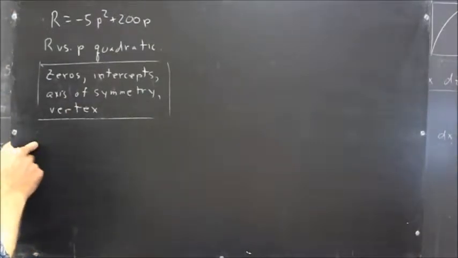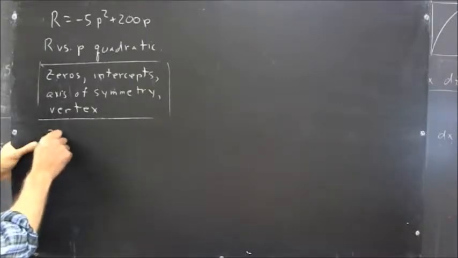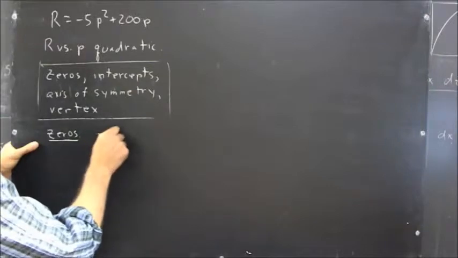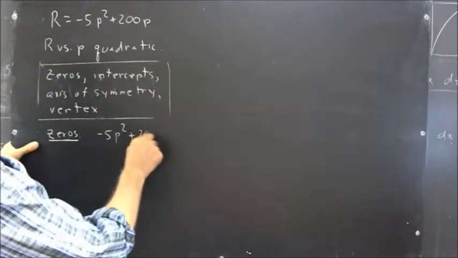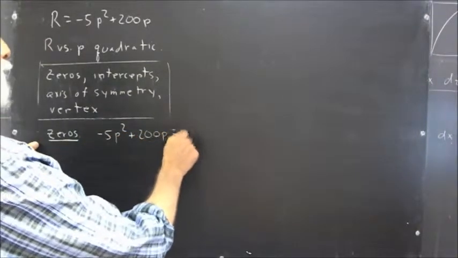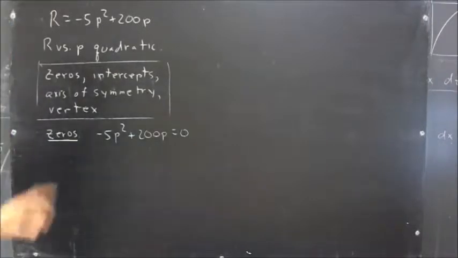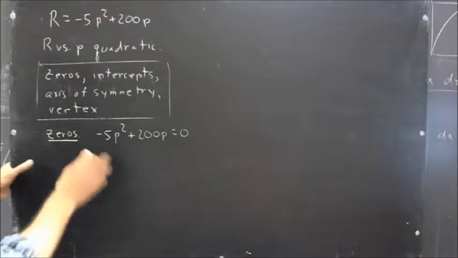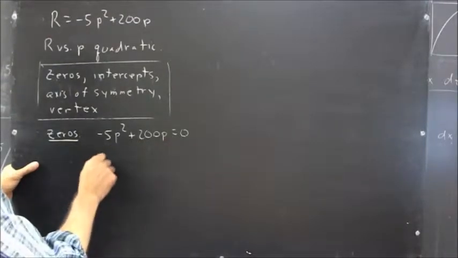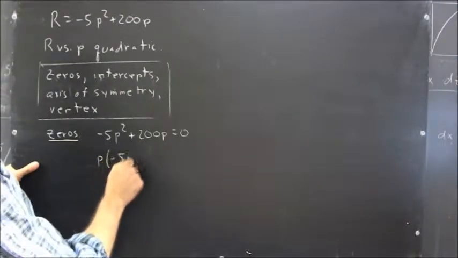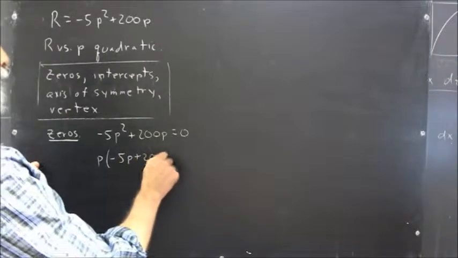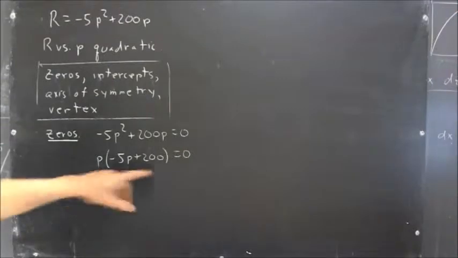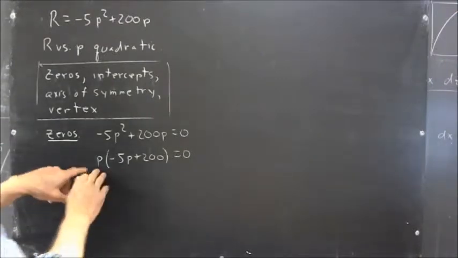So, to find the zeros, we set -5p squared plus 200p equal to 0. And this is actually very easy to solve by factoring. It's the easiest type of factoring. We can factor out p. We get p times (-5p plus 200) equals 0. And the zeros are when one factor or another